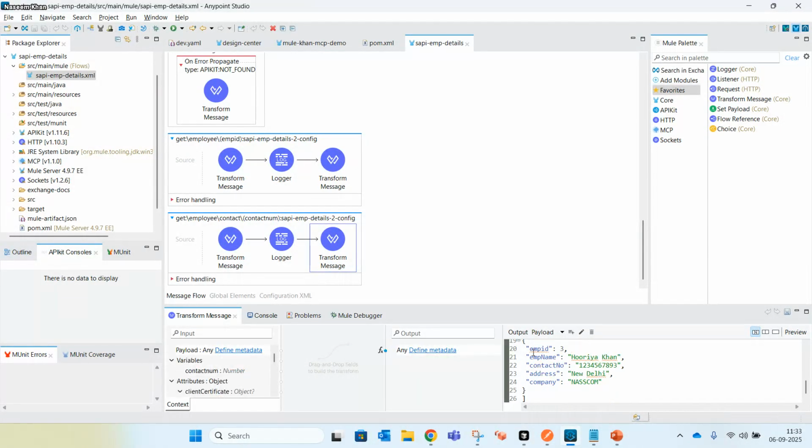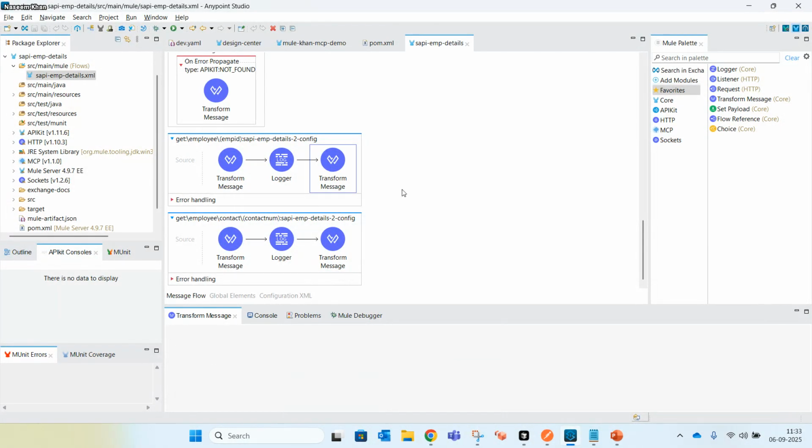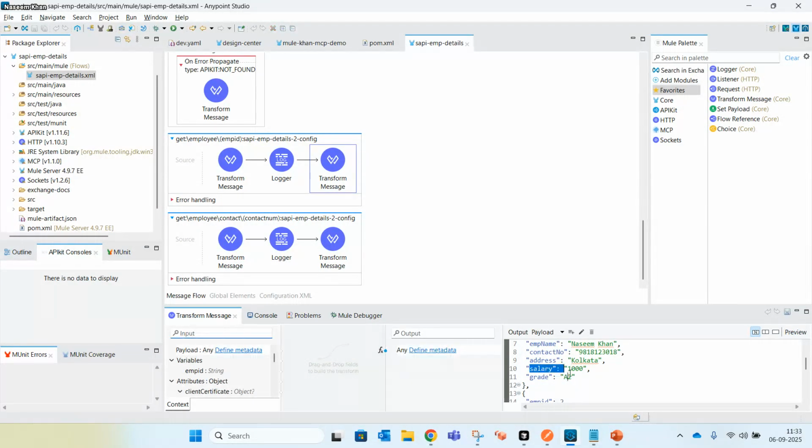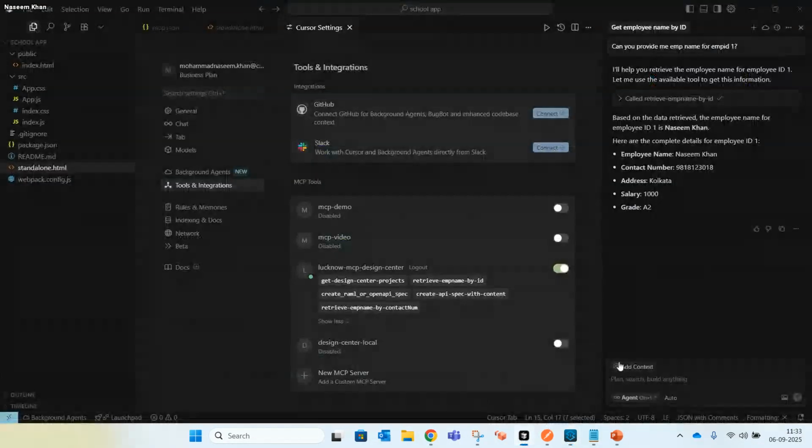But in this contact number we don't have salary, while by employee ID we have salary. So let's retrieve. Can you retrieve employee details whose salary are greater than 1,000?